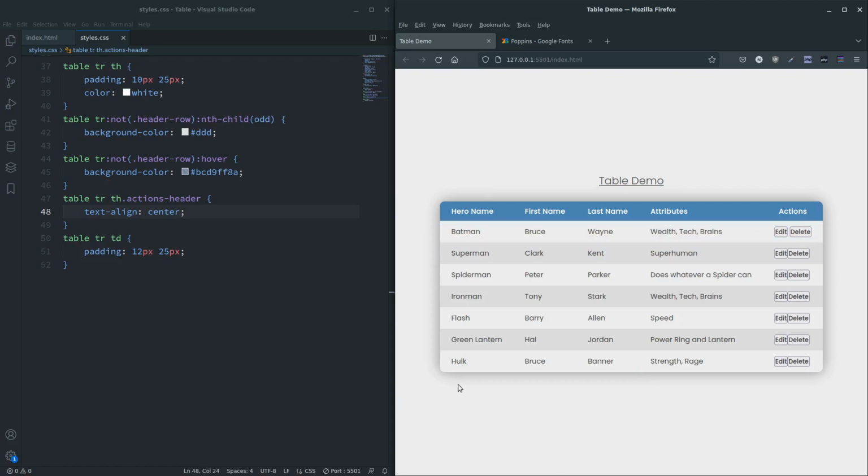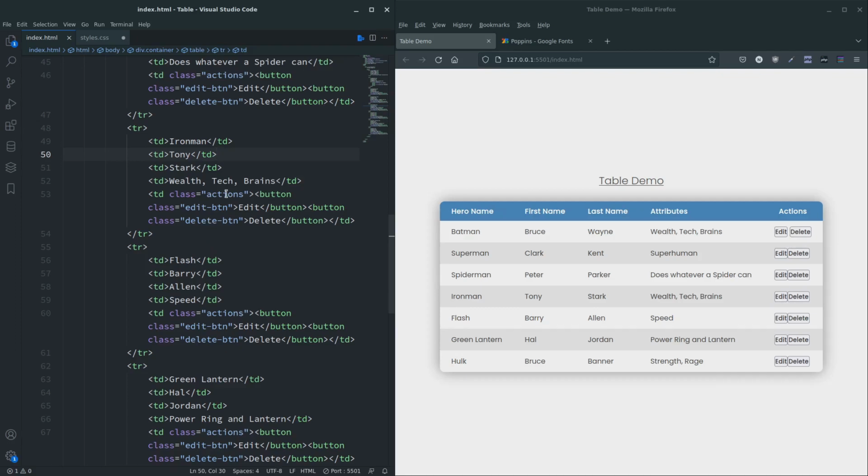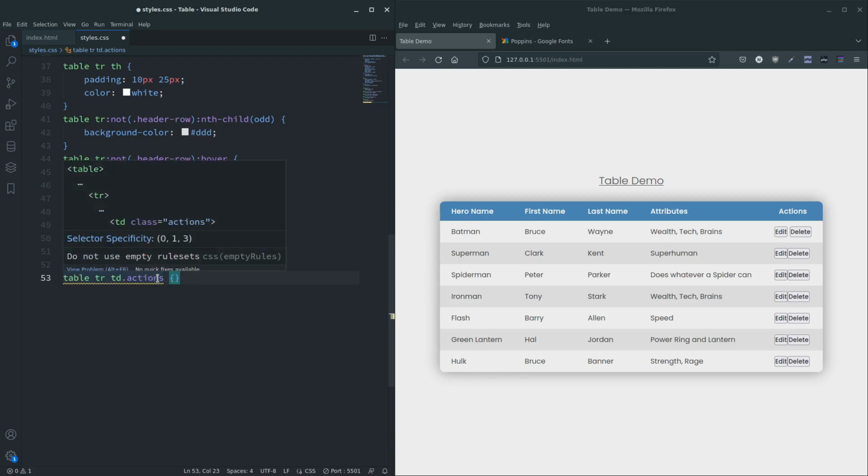I suppose we can move on to the buttons now actually. So let's do that. Table tr td. What do we call this? Actions. So the actions is the container within this, well, it's this table data that contains the buttons. So td with actions as the class set to it. So if you're wondering why there's no space here, it's because it has to have both of these properties